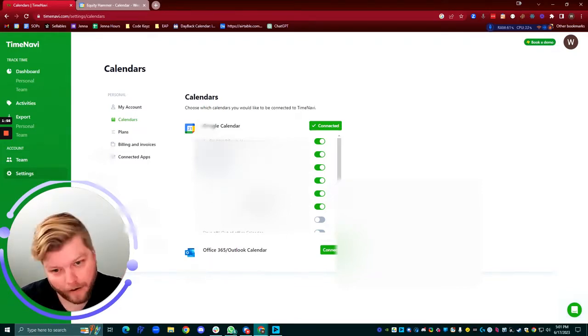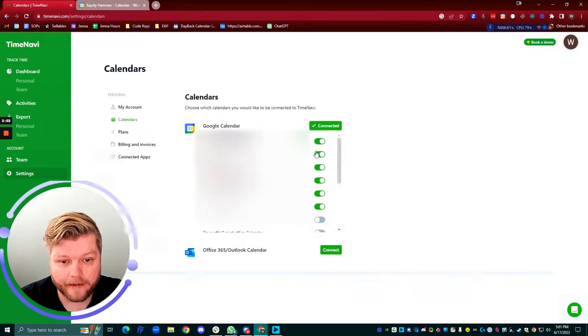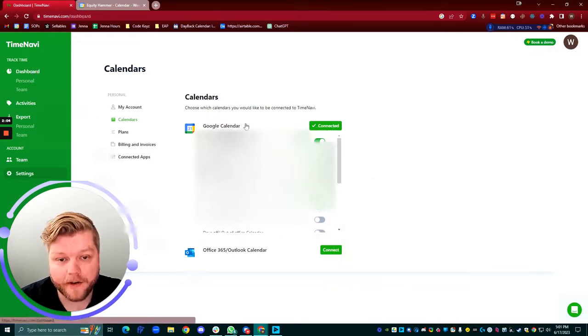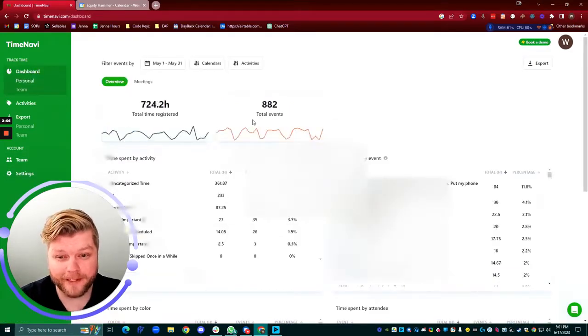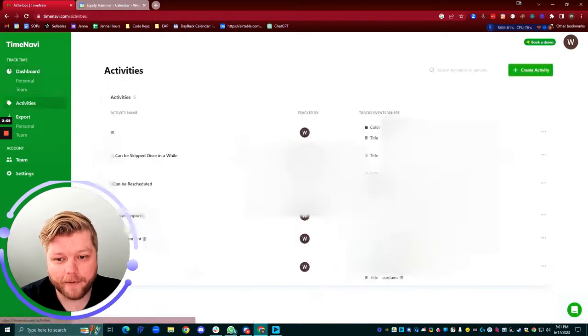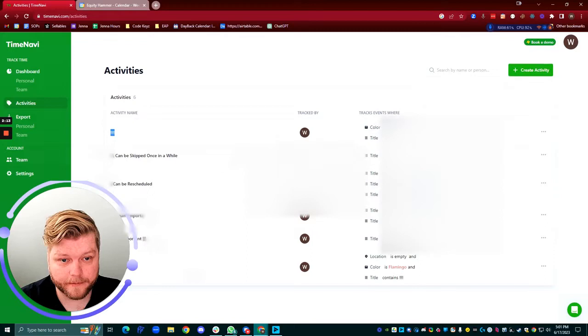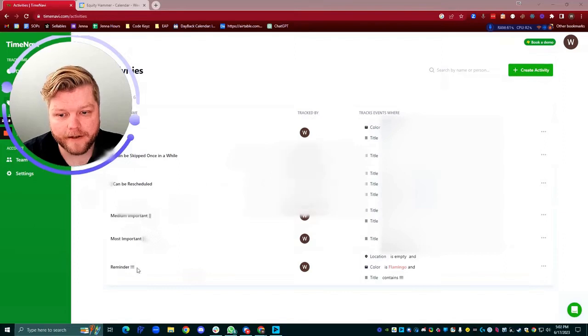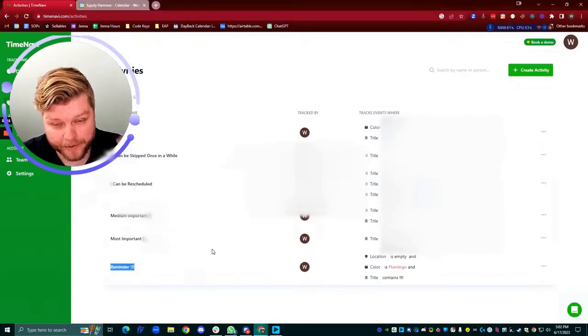And I choose all of the different options that I have here, and then I can be like, no, I don't want that calendar, I do want this calendar. So then I come over here to the dashboard, and this is where it gets really cool. I can start messing around with the time, and I can be like, okay, everything on my calendar that has a triple exclamation point, I want that to be considered into this category. And for me, if you look here, you can see I use this triple exclamation point as a reminder, and